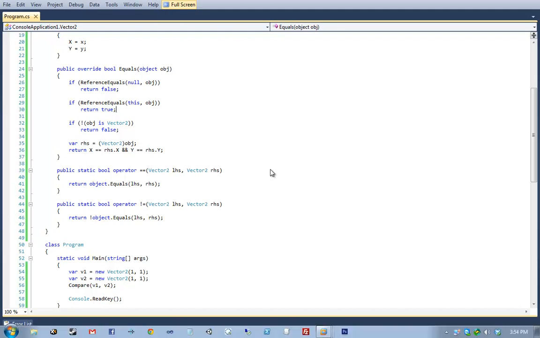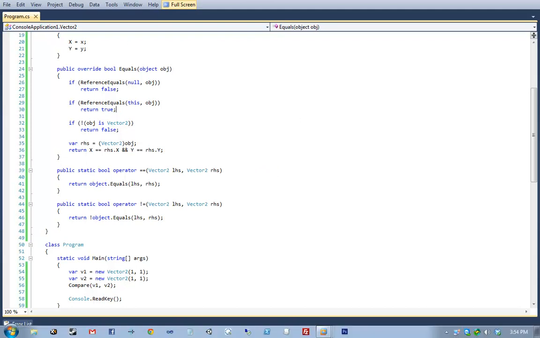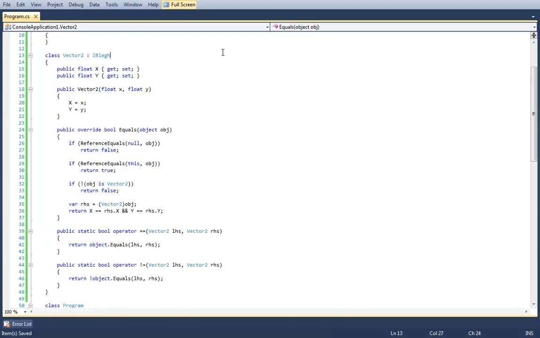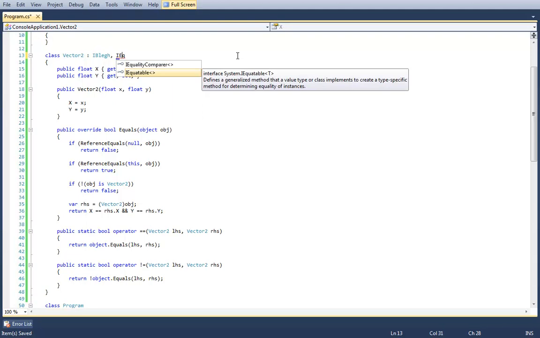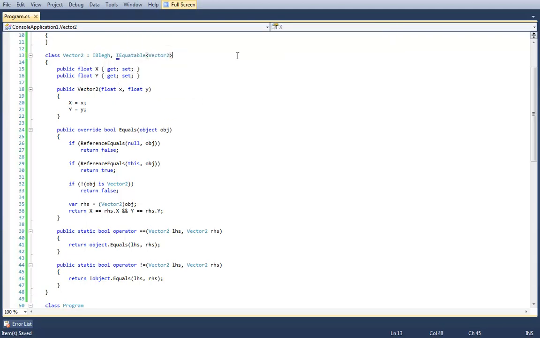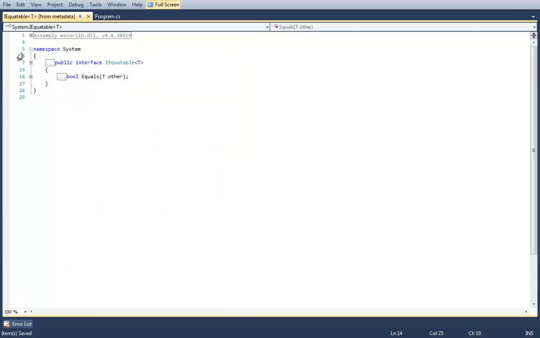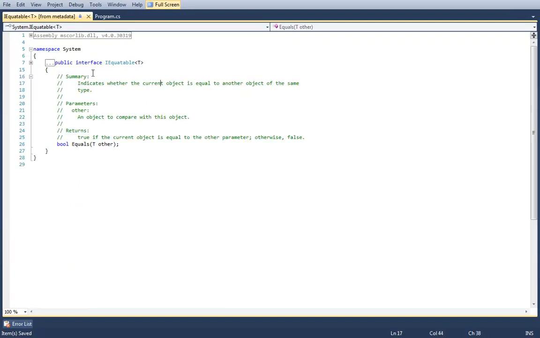So yeah, at this point, this is the basic implementation. Now there are two more things that are important. First thing is whenever implementing equality members, you should always implement the equatable interface of the type that you want. This interface right here is very important. All this interface does is it provides a type-safe equals method.